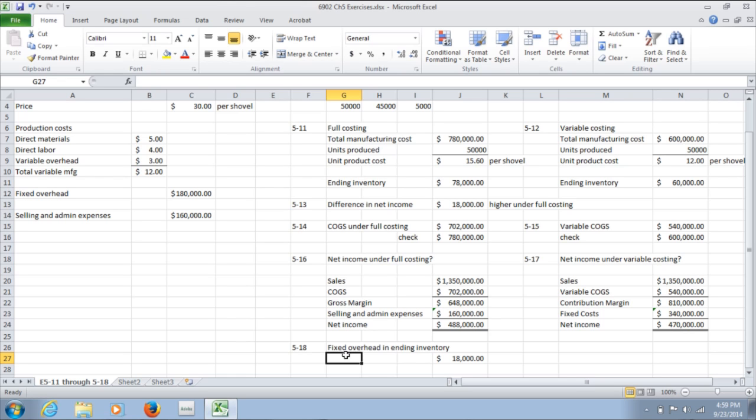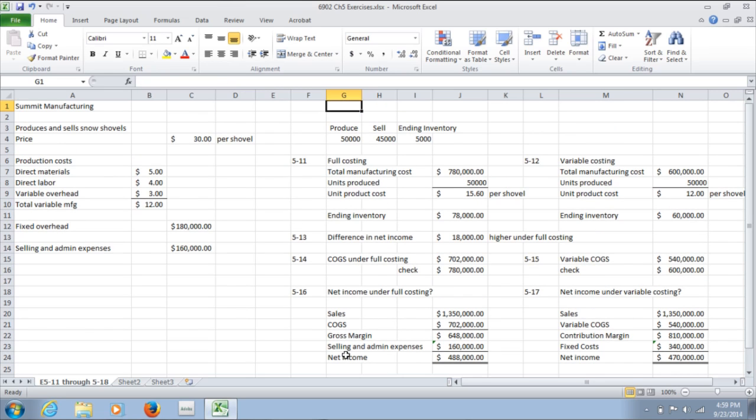So this set of problems gave us an opportunity to build up some dexterity with full and variable costing. Again, the key here is that we are likely to have a difference between how many units were produced and sold, and that would